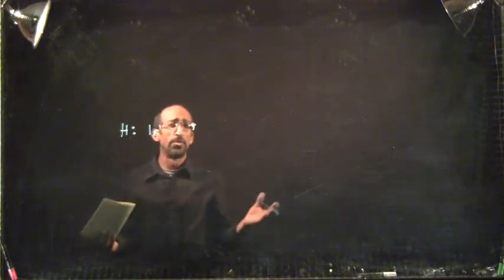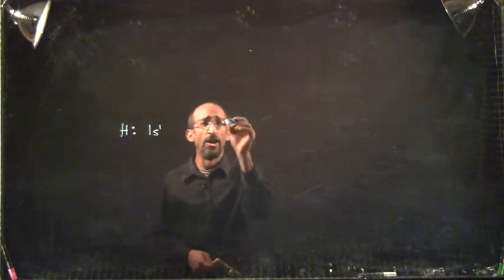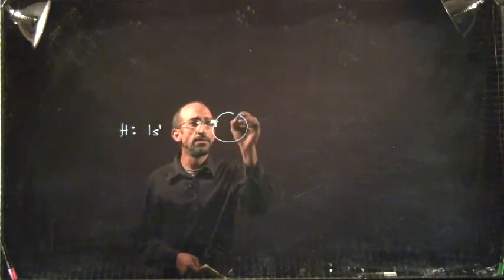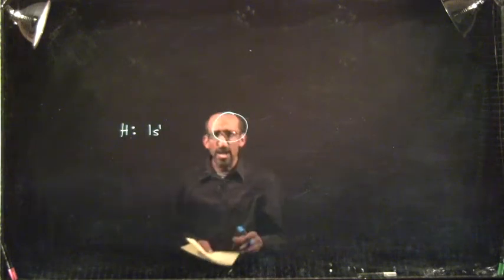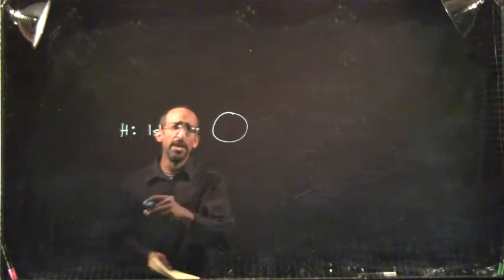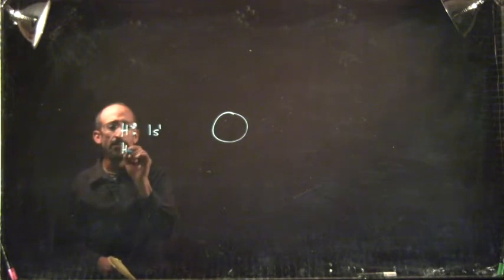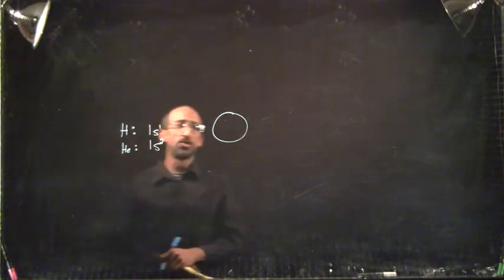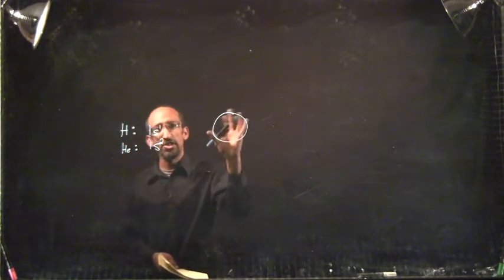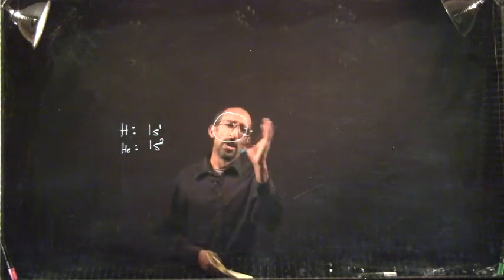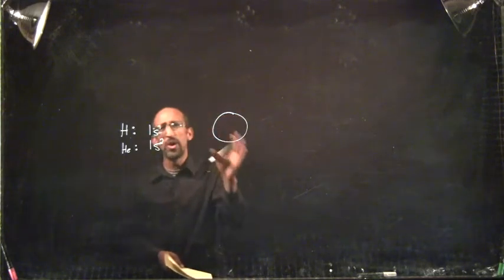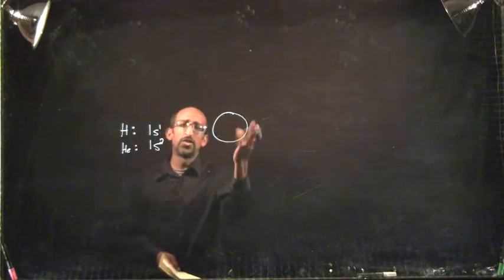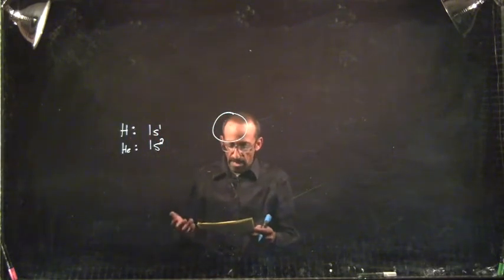And so what does an s orbital look like? So all s orbitals have the same shape. They are spherical, right? So this is the basic shape of an s orbital, and it can hold up to 2 electrons, right? So if we go then to the next element, helium, it also has just a 1s orbital, and instead of 1 electron, it has 2 electrons. But this is a spherically shaped orbital. You should think of it as a round ball,